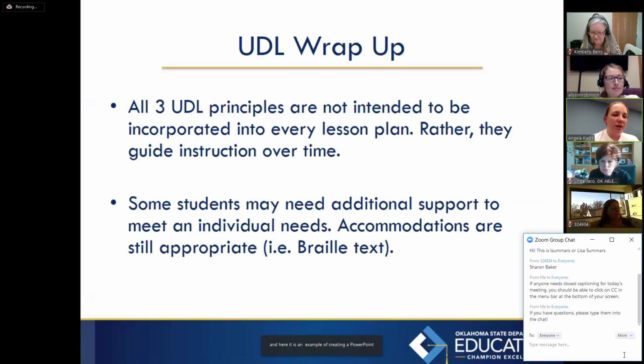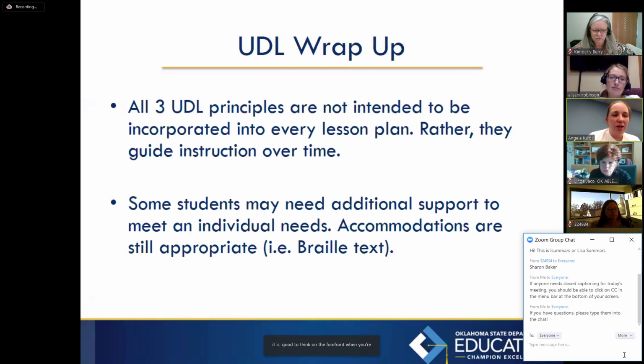So as we wrap up this particular session, we're wanting to emphasize that we talked a little bit about 3 universal design for learning principles, but all 3 are not necessarily intended to be incorporated into every single lesson, but it guides your instruction over time. When we're thinking about what students are going to learn, how students are going to learn, and how they're going to be engaged with that lesson,